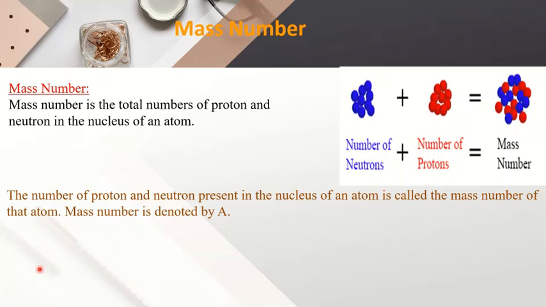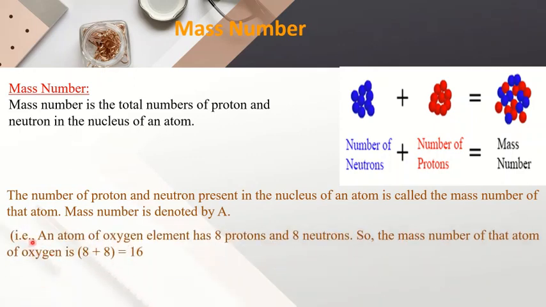But there are also some exceptions where neutron number is neither equal to atomic number or proton number nor 1 more than proton number. These are exceptions. So, mass number also you will memorize from the chart.